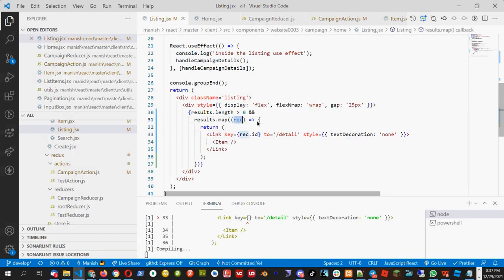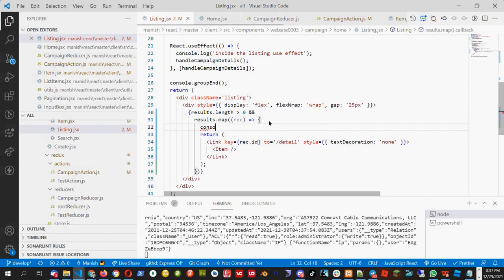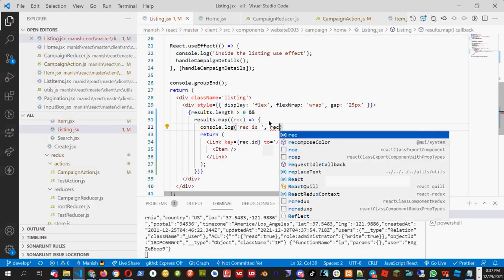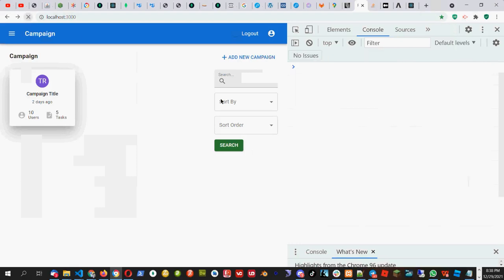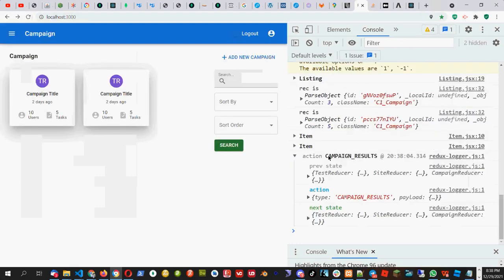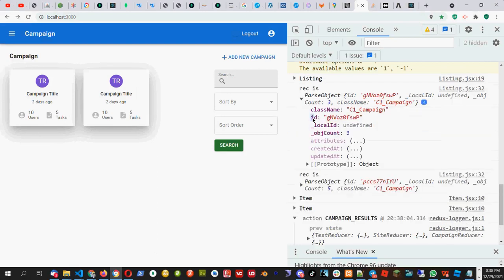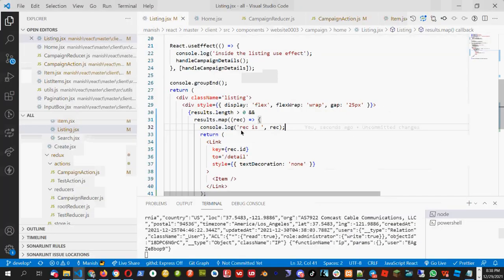If we want to see what is there in this record, I will do console.log. Rec is rec. So we will see what is coming here in the rec. So you will see rec is having the ID. So we should always make this ID as the key. We should also change this detail page.